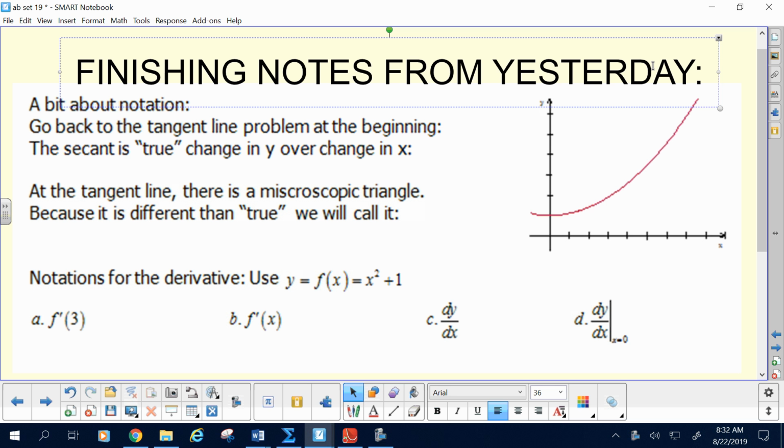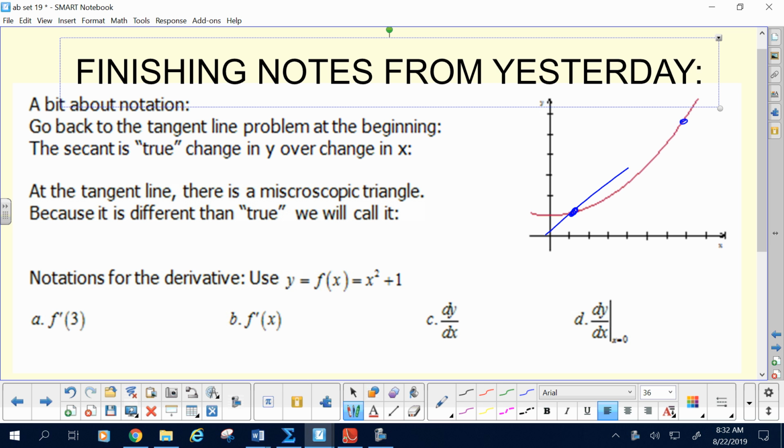Calculus has a ton of notation to it. There's just so many. It takes so long to type calculus because it's all math type. Let's go back to a real quick idea. We talked yesterday about how we could find change between two points. What do you call that line? A secant line. Way to go.